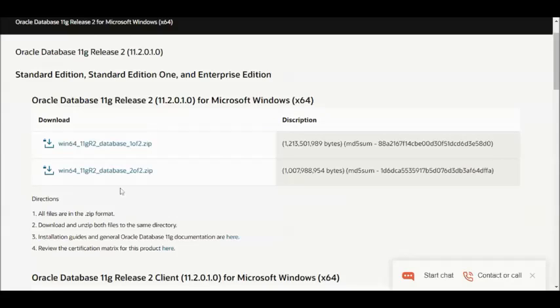So I have two. I have Windows 1 and Windows 64 11G release 2. So how will I do that? So that you download it, of course. After you download that, you will put it in, where will you put it?